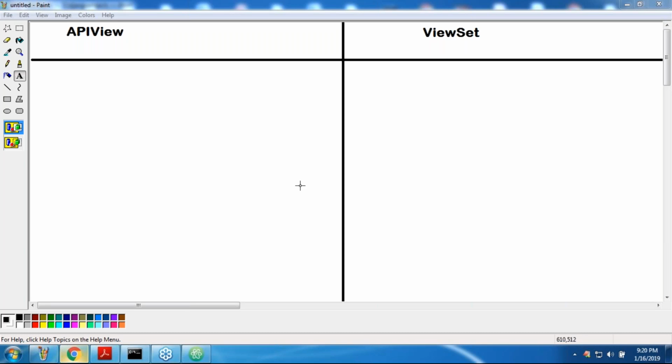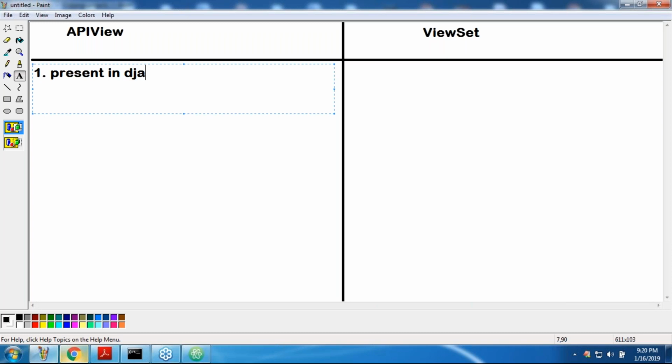Let me summarize all the differences so that you can feel more comfortable. I also included this table in the material. Which package is API view present in?